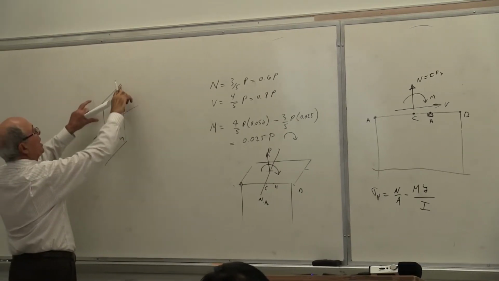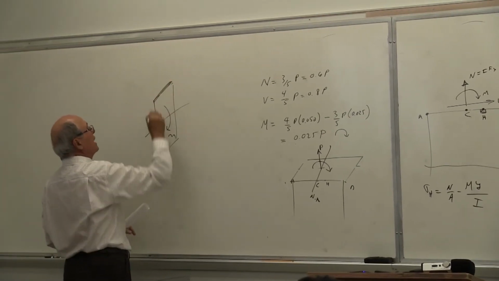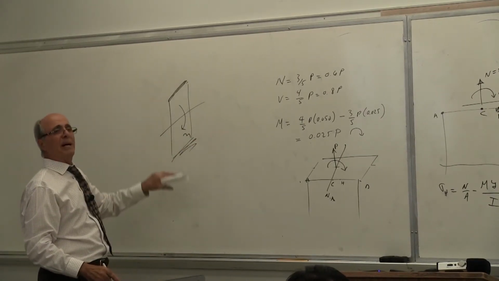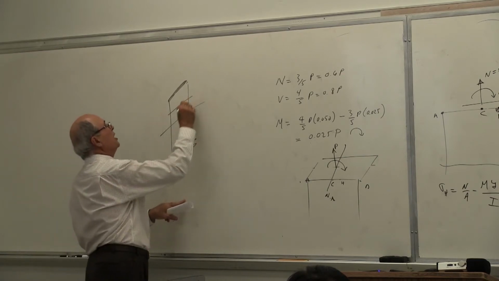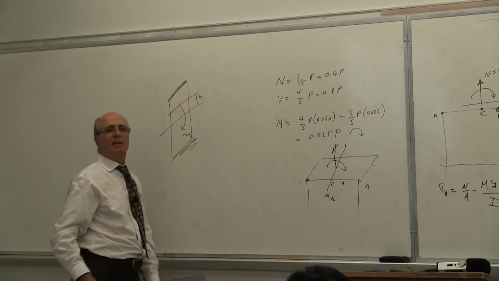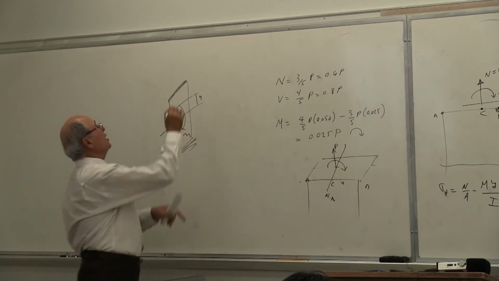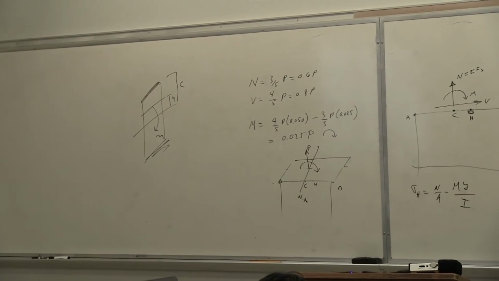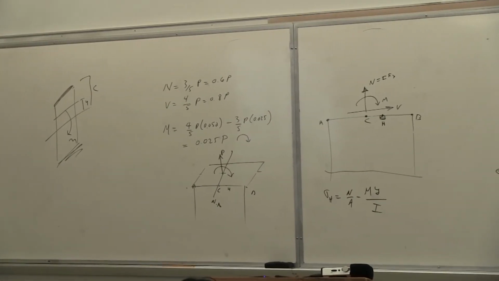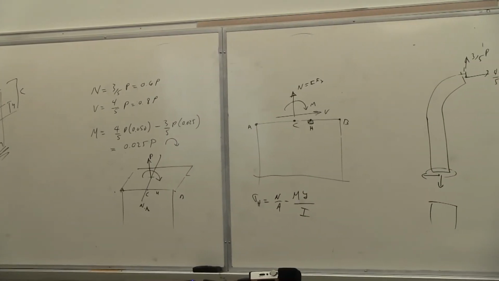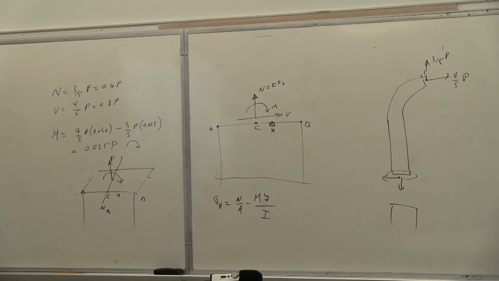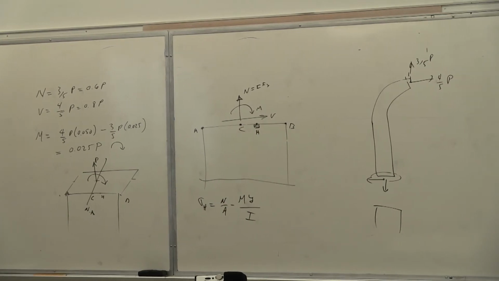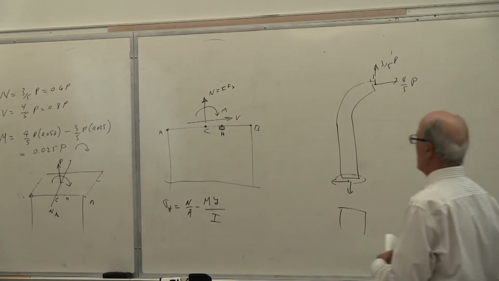When you say this is tension, this is compression, you say this is maximum tension, and MC over I is for top and bottom. If you are here, that is not it, this should be Y. Maximum Y is C. I cannot go through ME 218 and give you all of that. This is something you are supposed to know. Yes or no? Yes? The only thing is, instead of being vertical like that, I changed it to that. That's all I did. Is that correct or not? Yes? There is nothing new there. Therefore, look how many mistakes you made.